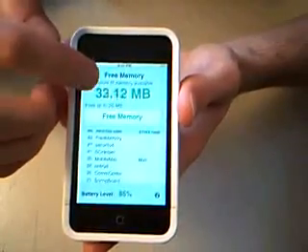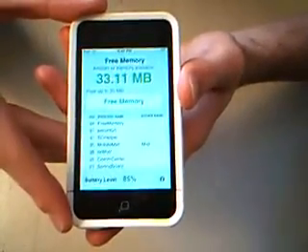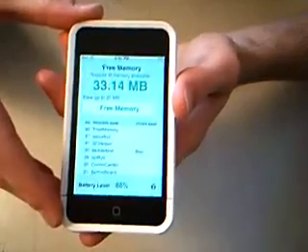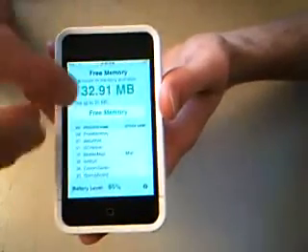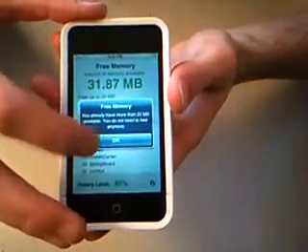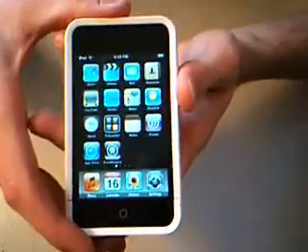So right here it shows you how much free memory you have on your device. If you're using your iPod to listen to music, or if you're using Safari or Mail, things like that, it takes up your free memory and it causes your iPhone or your iPod Touch to run slower. And this number will dip down below like 20 or whatever. If you hit this button here, free memory, see it says free up to 20 megabytes of free memory. You just hit that button, and I have more than 20 megabytes open right now, so it's not going to do anything. But it kills all your processes, gives you a little bit more runtime memory. It's awesome. It's like 99 cents, but it's totally worth it.